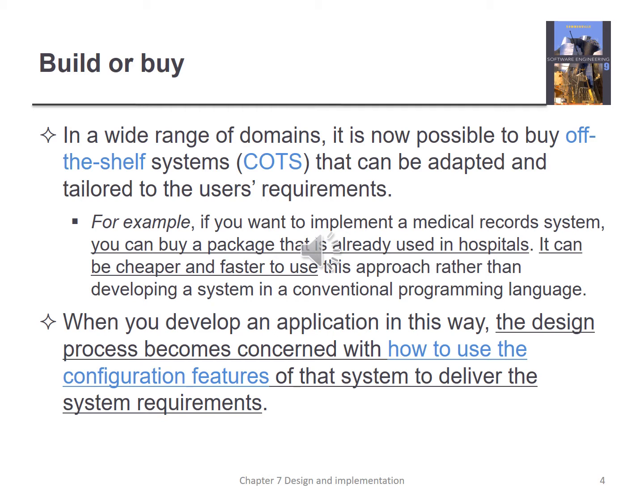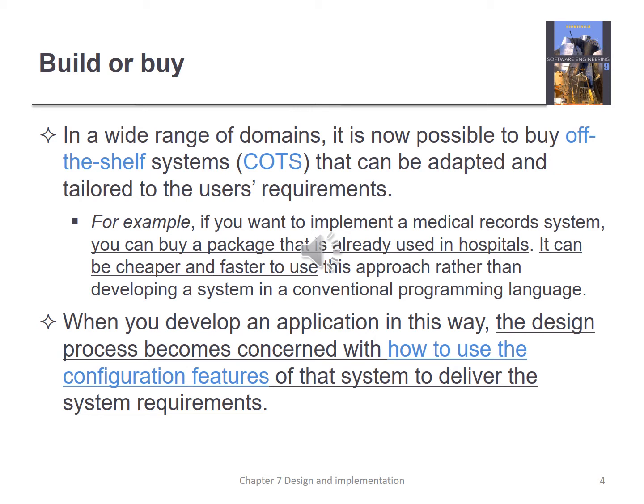In a wide range of domains, it is now possible to buy off the shelf. That's why we call it commercial off the shelf, COTS, that can be adapted and tailored to the user requirement. For example, if you want to implement a medical record system, you can buy a package that is already used in hospitals. It can be cheaper and faster to use this approach rather than developing a system from scratch. When you develop an application in this way, the design process becomes concerned with how to use the configuration features of that system to deliver